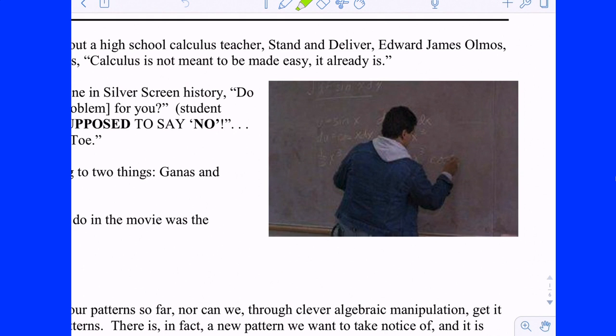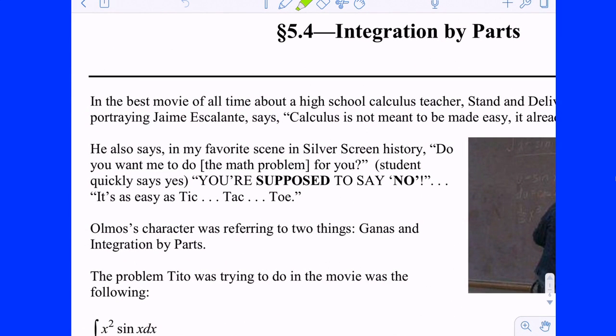Spoiler alert. I wasn't going to say his score. I was just going to say he did very well. Way to go, okay? Get out. Anyway,